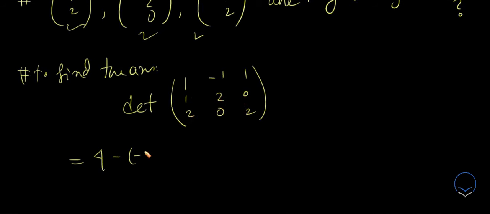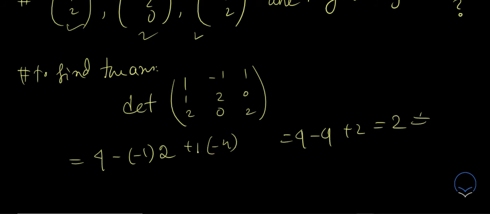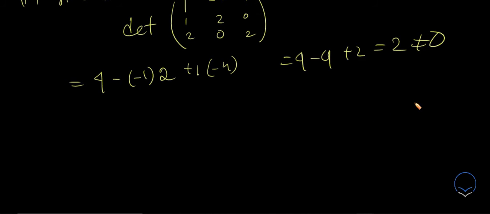There will be a minus and -1, and this will be 2. There will be a 0 over here, so this will be just 2, and finally you will have 1, there is a 0, and there is a -4, so -4. So you will have 4 minus 4 plus 2 equals 2, which is not 0. So we can safely say